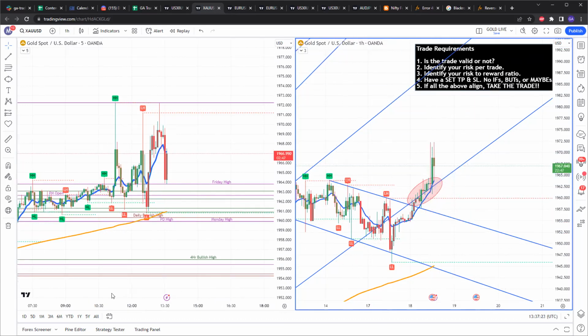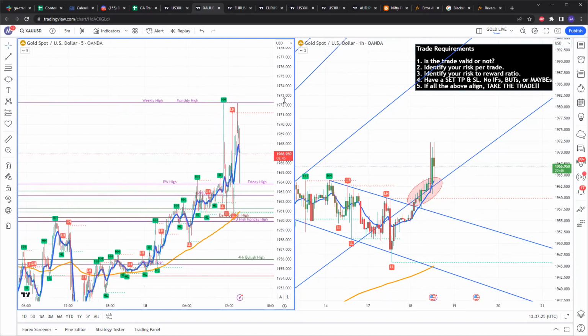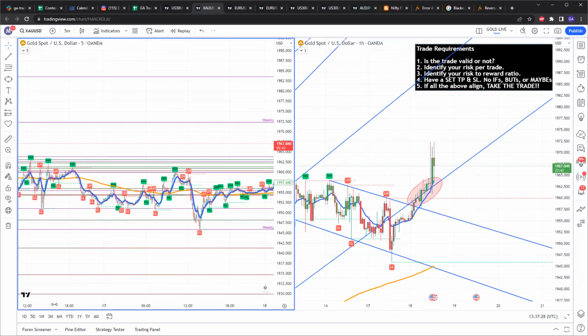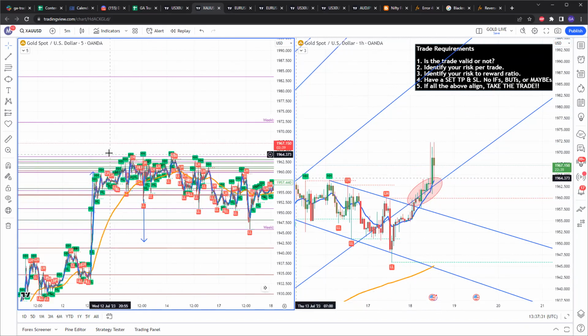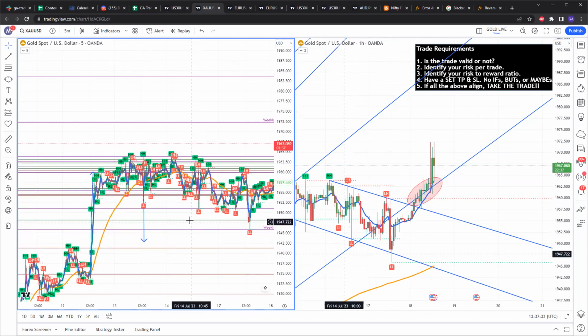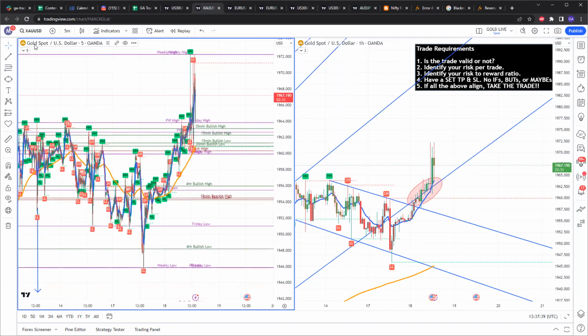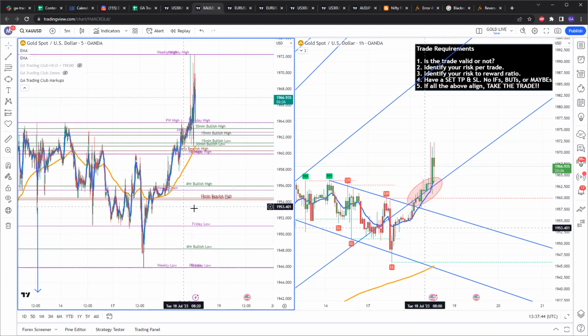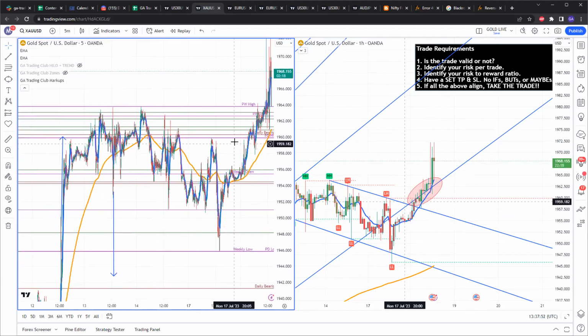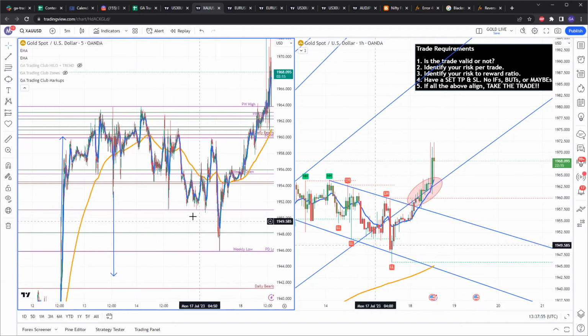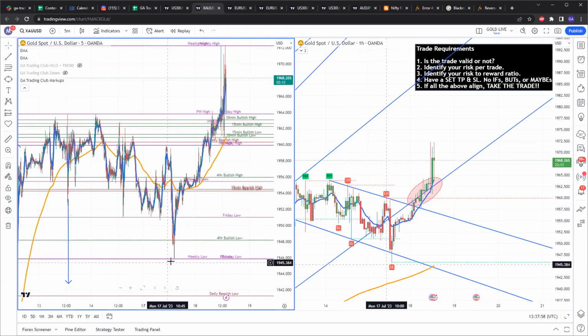The reason for that, if you look back, gold has been trending and stuck between 1964 and 1940, I'll call it 50 area. So gold has been trending for the longest. One reason for that was because we did have a daily, let me turn this off, we did have a daily bearish low, daily bearish high somewhere around here, 1960. So that was one of the major reasons why I had entered the sell, and it eventually hit TP. But right now, because they broke above the daily bearish high,